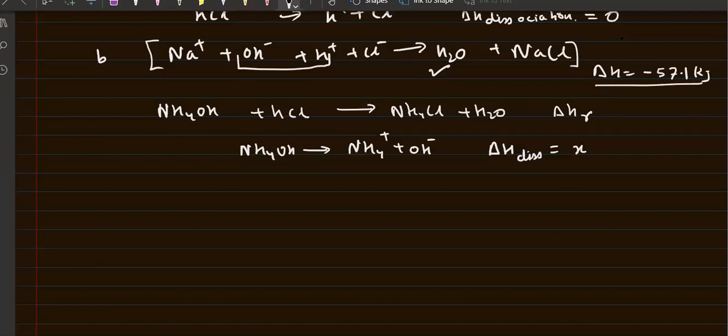Okay, and for HCl, it will be 0 only, H plus and Cl minus, right? Because it is strong. So delta H dissociation is equal to 0. See, I have written plus X because energy is required. So what do you think? What will be delta H of overall reaction? So the overall reaction would be this,